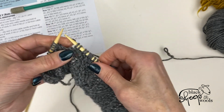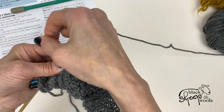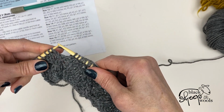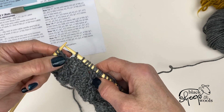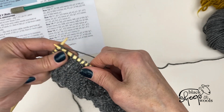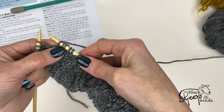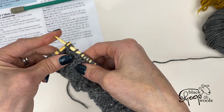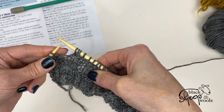2, knit one through the back loop, purl 2, and then we're going to make another mock cable. So if you remember, we slip a stitch, and I slip that stitch purlwise. You can slip it knitwise, it might just change slightly the orientation of the stitch. So I slip it purlwise, and then I knit one, bring the yarn forward and over the needle, and then knit another one. So you've created a little stitch in between those 2 knitted stitches, and then we lift that 4th stitch, the slipped stitch, lift it up and over the top,